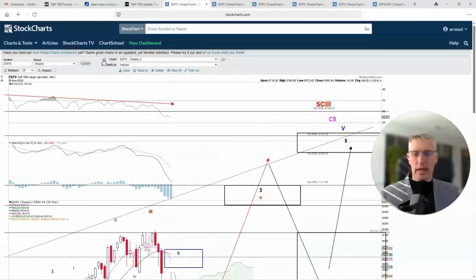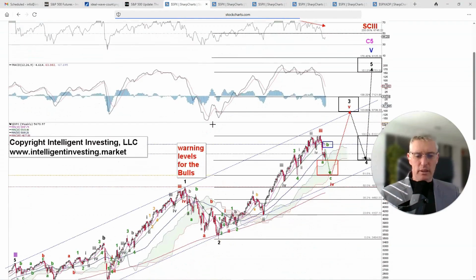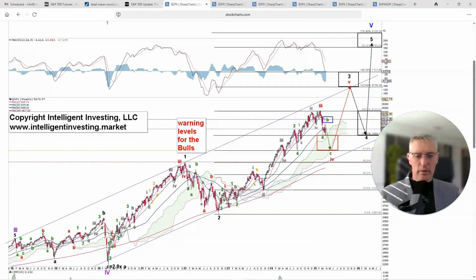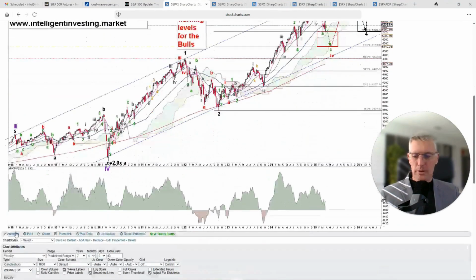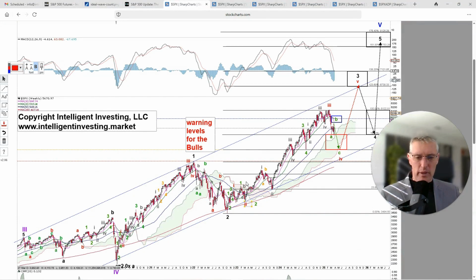Because normally, if we have a zigzag fourth wave, we should have a flat second wave. Okay? Well, we can make this into a flat if we allow for the wave 2 to be moved slightly. Okay? It would not be a problem whatsoever if I make this the wave 2 right there. Then this is wave 1 right there. This one can be moved as well. This is then wave 2. This is then wave 3. All right. This is then wave 4.